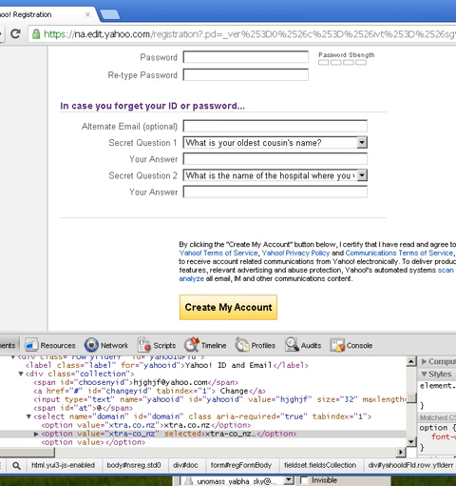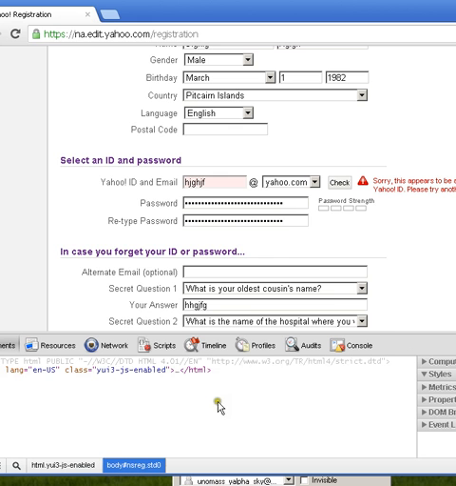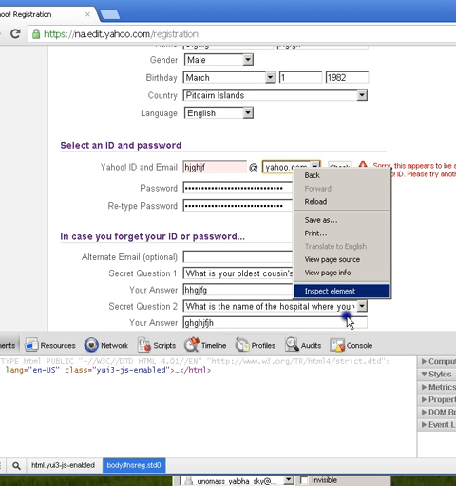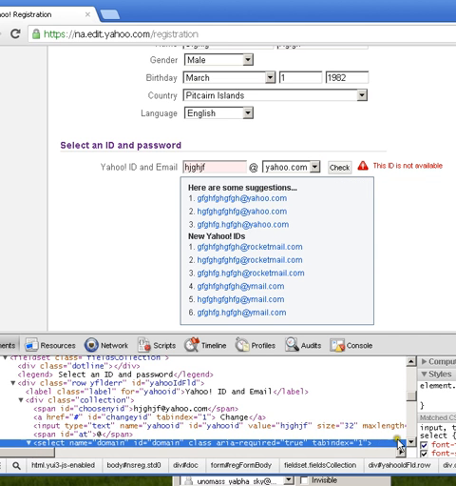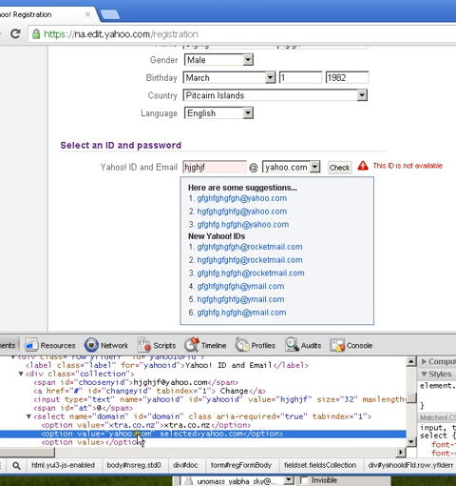and you just have to go back. Just have to go back, right click, inspect elements. Okay, select, bring down this arrow thing. Then edit the yahoo.com thing, not the extra.com, okay?